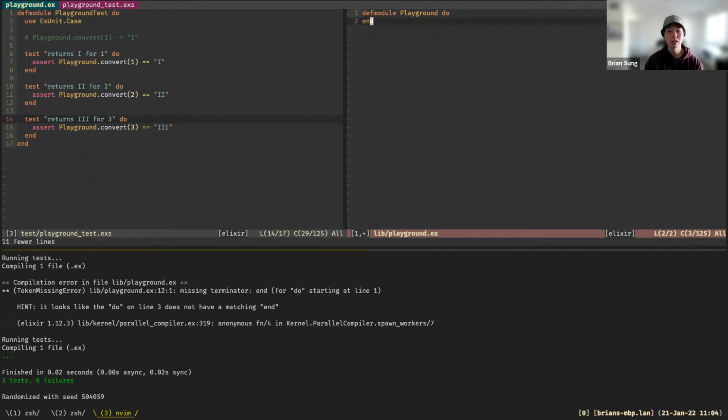So let me just remove this. Do convert(1). And this is syntax for when you're only returning a single line within your function: you would just do a comma, do, with the colon at the end. Here, this will be 1, 2, 3.